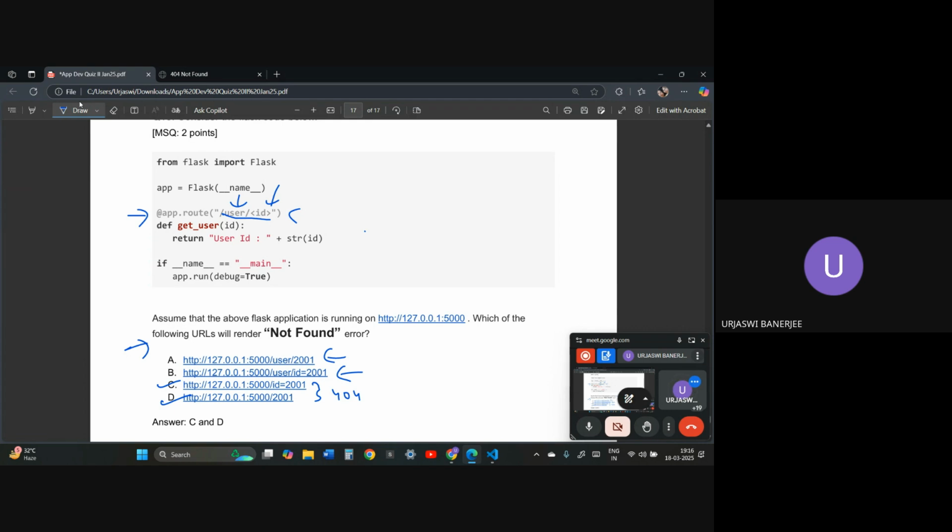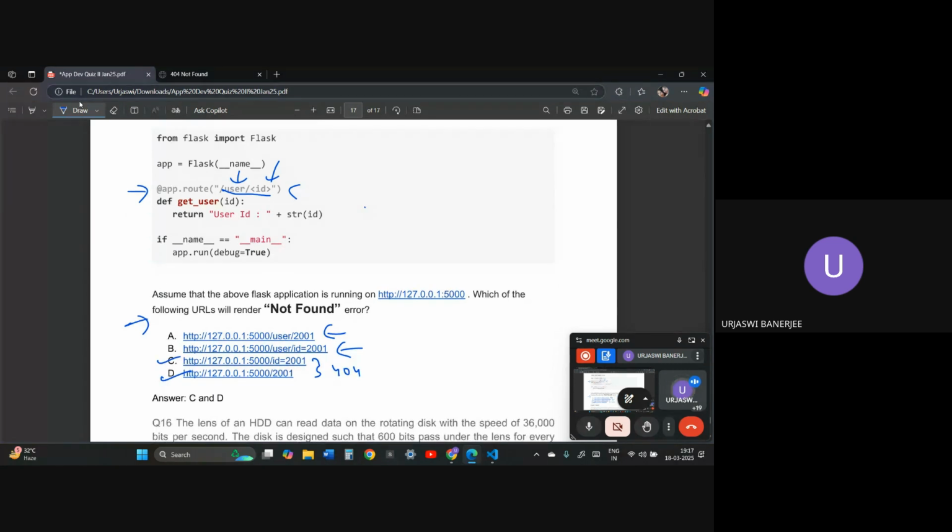Yes, ma'am. ID is equal to, like directly also, the first case. But user never. If it hasn't been passed inside of angular braces, don't write like that. It will be wrong.